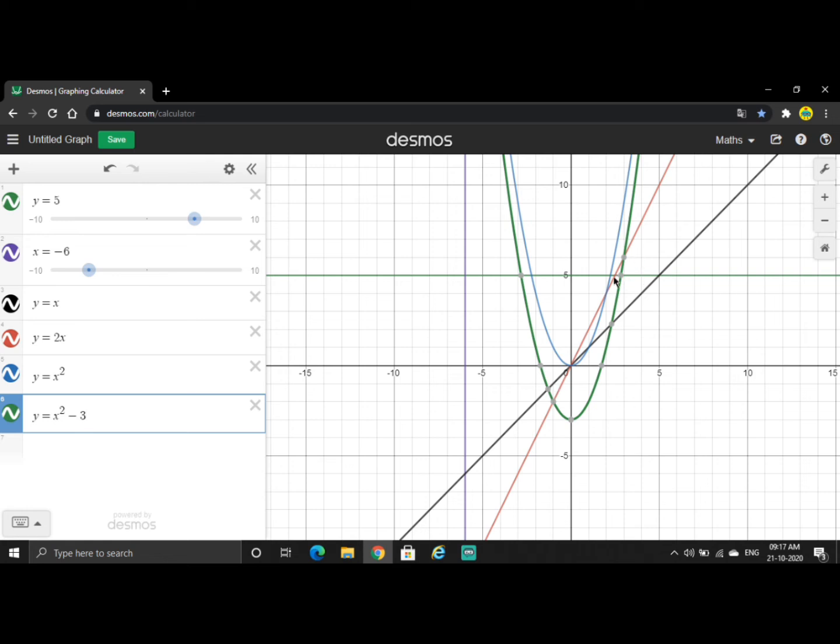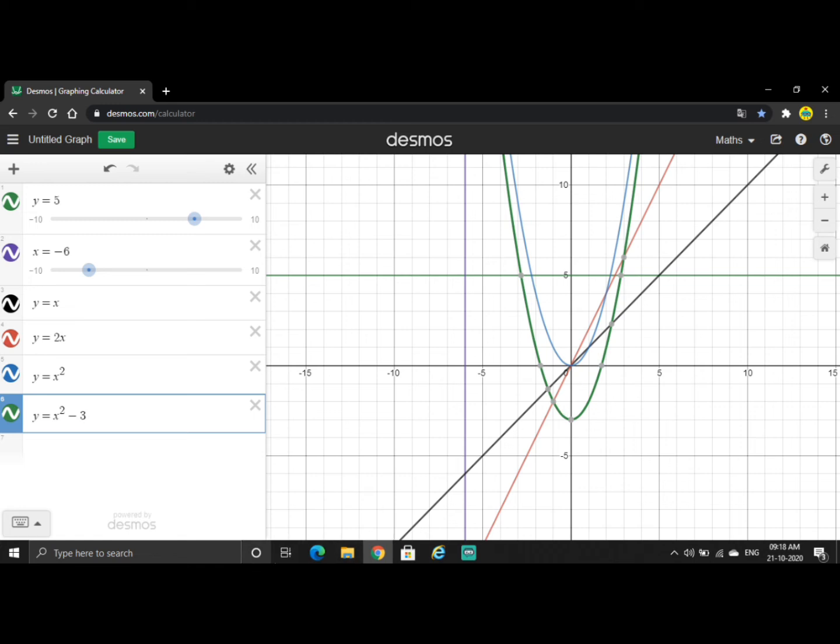Okay, so many of you were doing it manually. So that's correct. Some of you just included this 0, 0 in this. It's not necessary that all graphs pass through 0, 0, the origin. A graph will pass through 0, 0 if 0, 0 is one of its points, meaning if it is satisfying that relation.